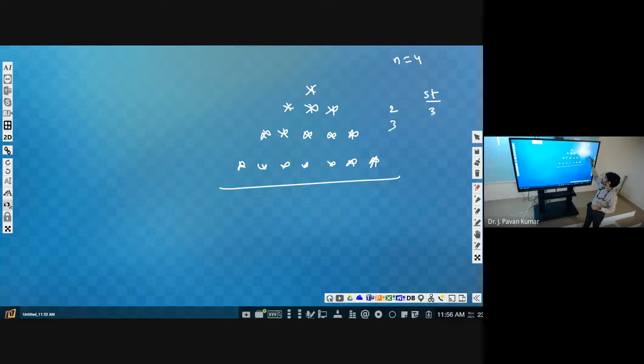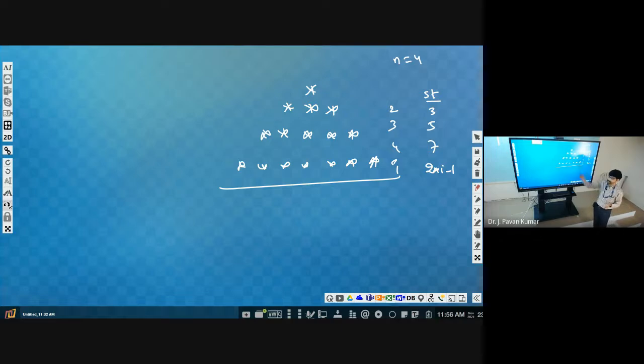Third row, 5. In the ith row, how many stars will be there? 2i minus 1. This many number of stars.